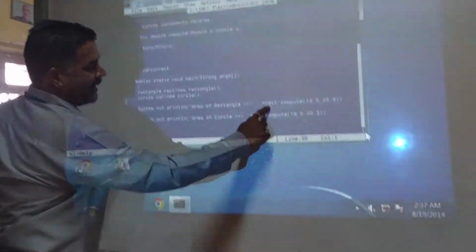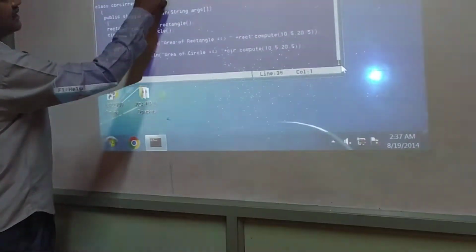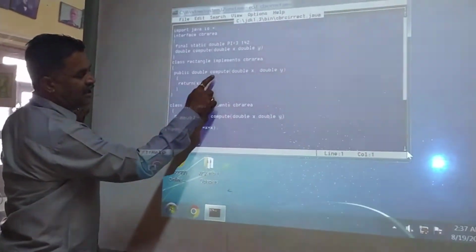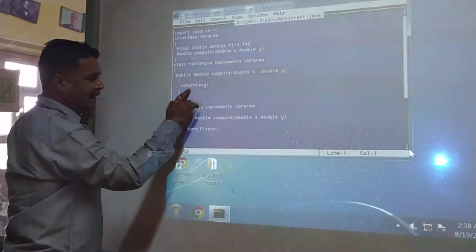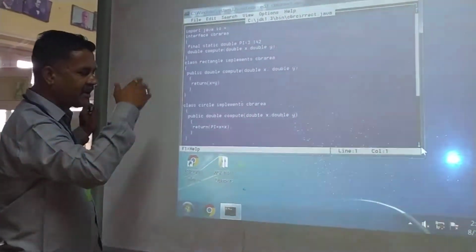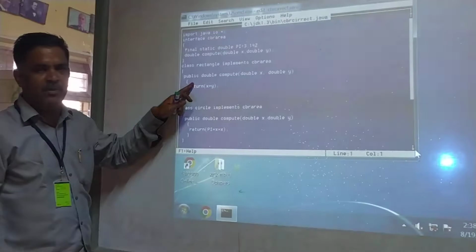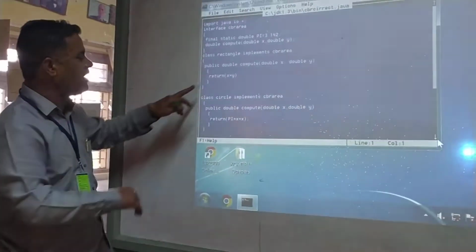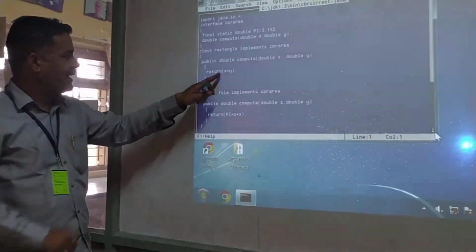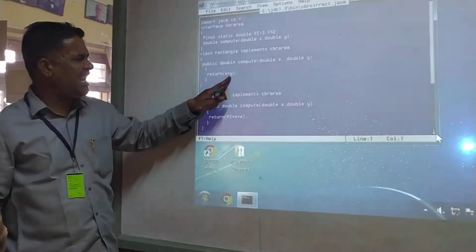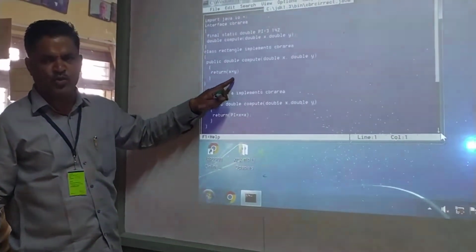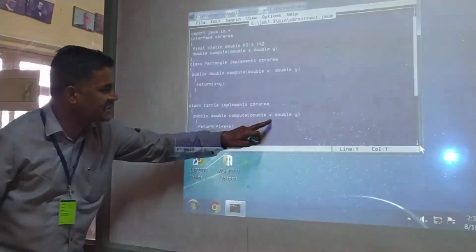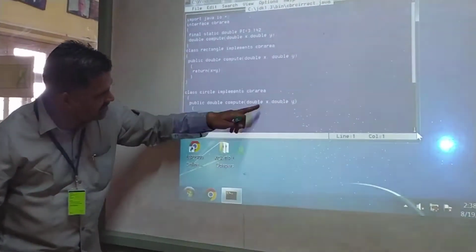Observe here, total two values. This is compute for the rectangular. Total two values come here. Written within one statement, instead of creating one extra variable and assigning. For example, double area is equal to x into y, return x into y. Instead of that, written within one statement as x asterisk y. This is the same as the area of the rectangle, height into breadth. So this is x and y, passing the values x and y.